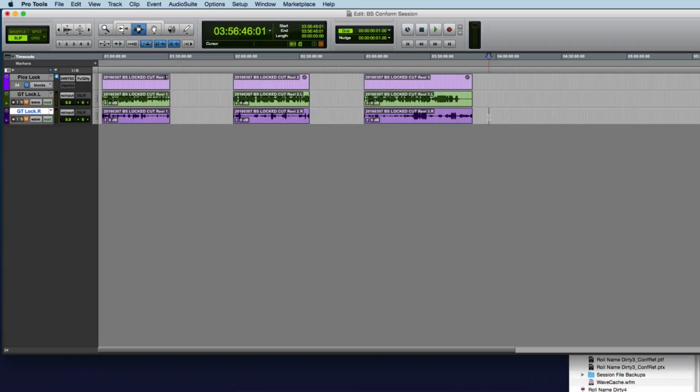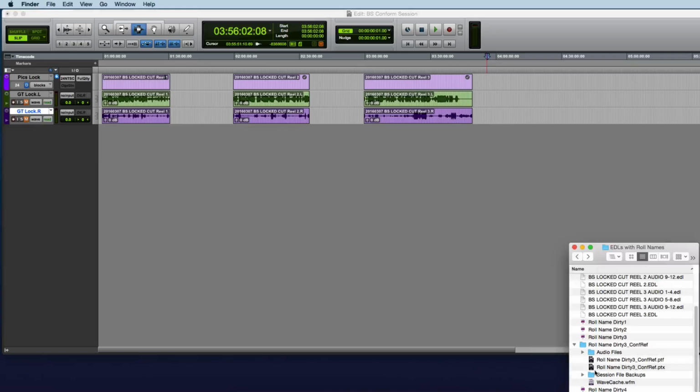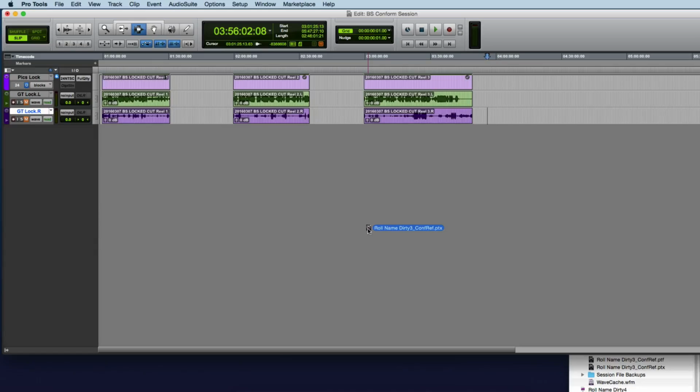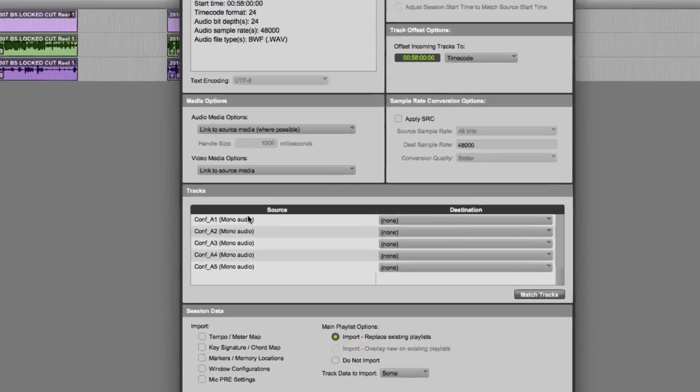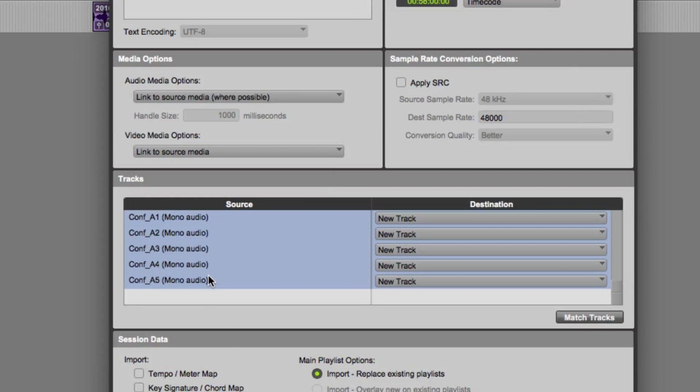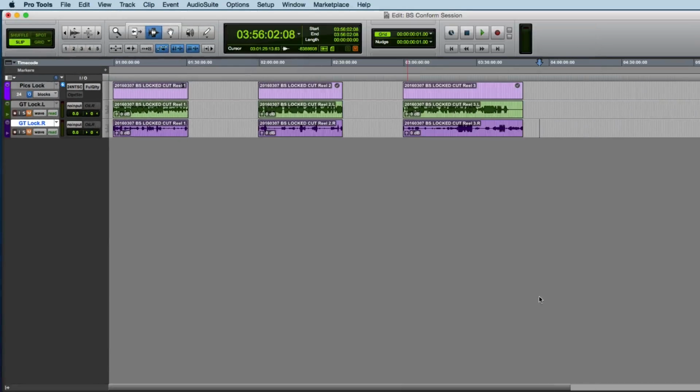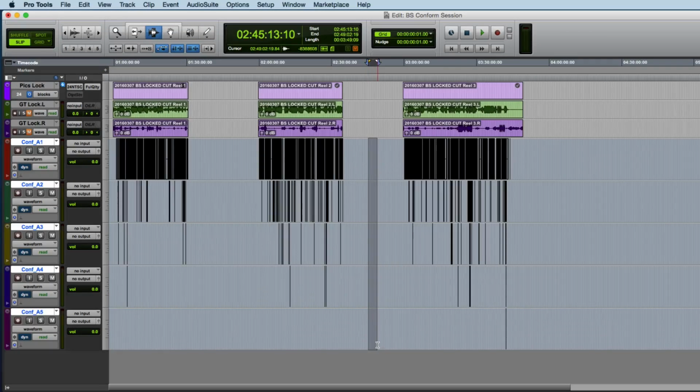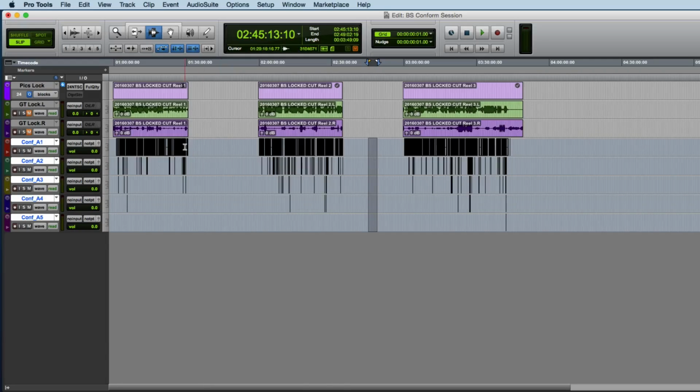So here is the session we saw before containing the 3 reels for our movie. It's got a movie track and 2 guide tracks. And what we're going to do is import the Pro Tools session that EdiLoad generated, and we also saved in Pro Tools. And we're going to import the 5 conform reference tracks linking the source media. So here's all the clips that EdiLoad generated. I'm just going to quickly show you